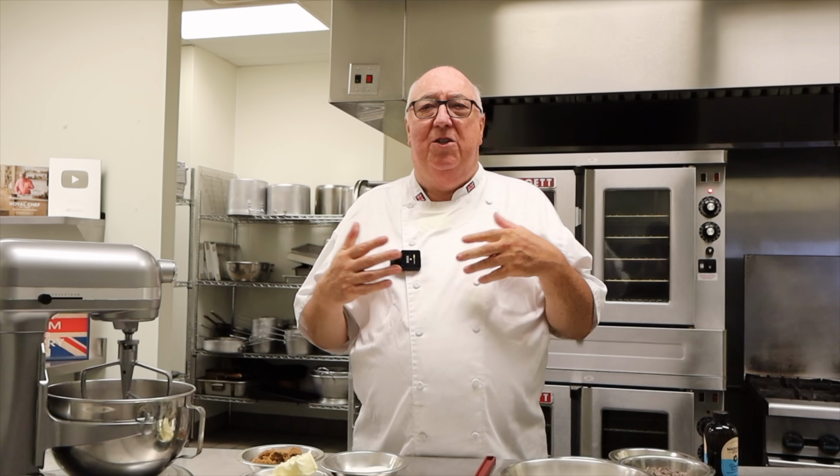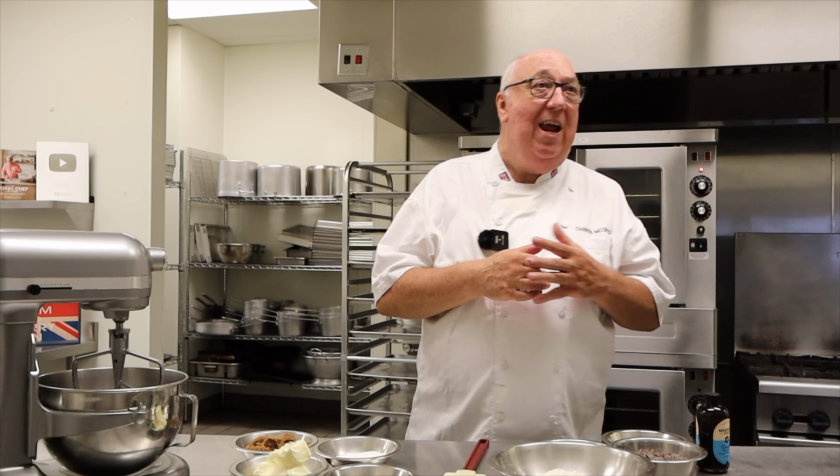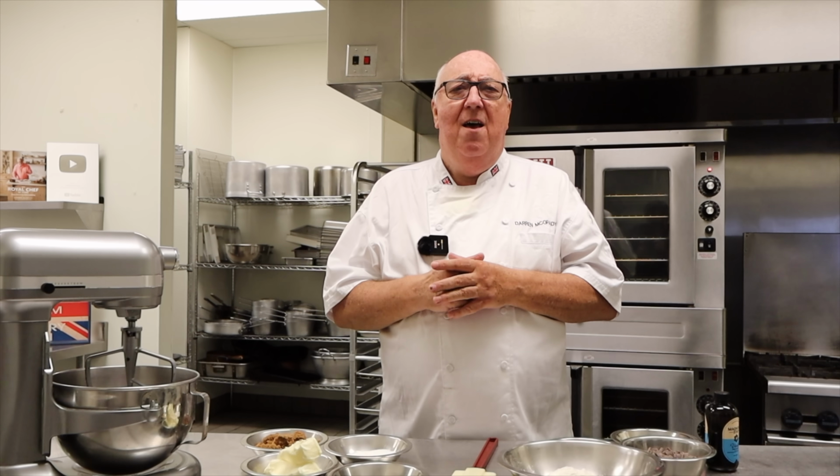Chocolate chip cookies are a symbol of comfort and tradition in American culture. They bring together generations of Americans with joy and with comfort and nostalgia too. Chocolate chip cookies were invented in 1938 by Ruth Wakefield at the Toll House Inn in Massachusetts, and they were